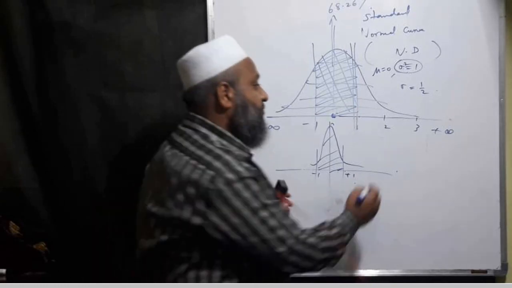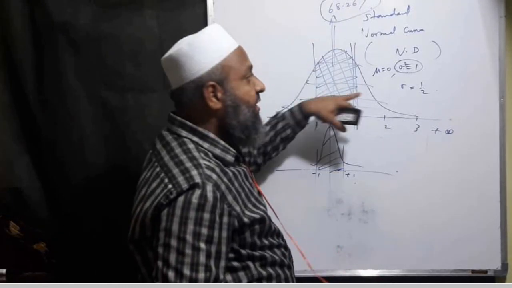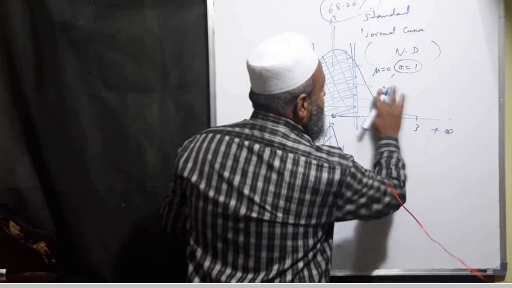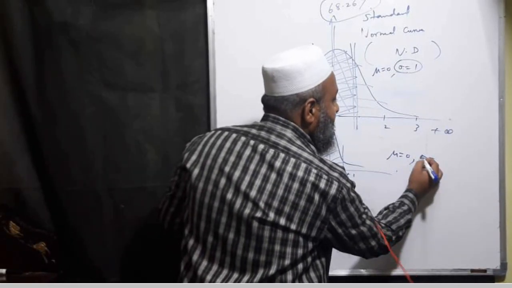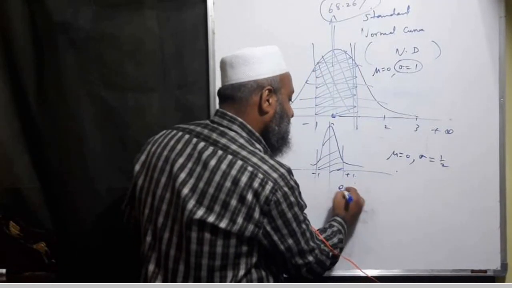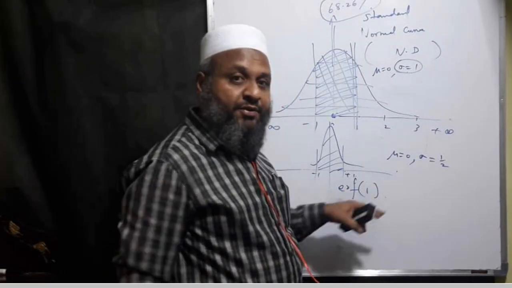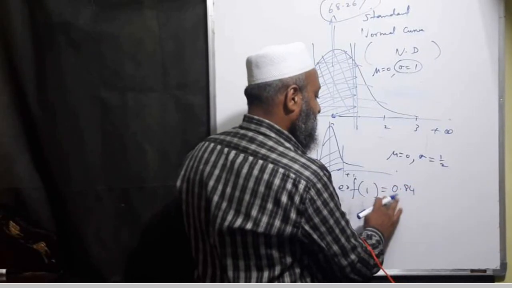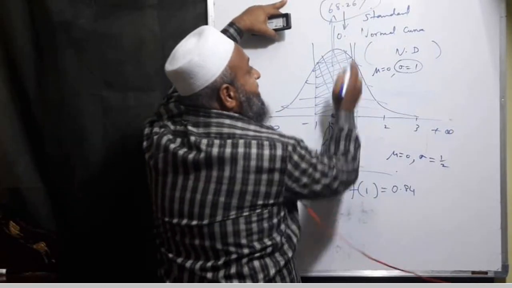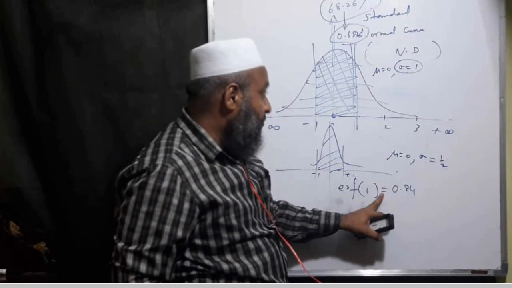I mean to say, the variation is less, so the random variable values will be more packed here. Hence the area between -1 and +1 is 68.26% in the case of the standard normal curve with standard deviation equal to 1. But if the mean is 0 and the standard deviation is half, then the area between -1 and +1 is given by the error function of 1. I hope you remember it was roughly 0.84 something, whereas 68.26% means the total area is 0.6826. So it is more than this area.